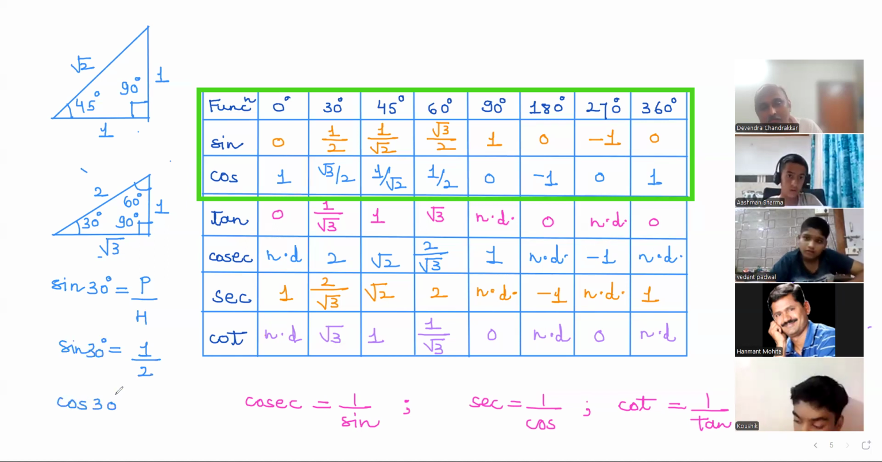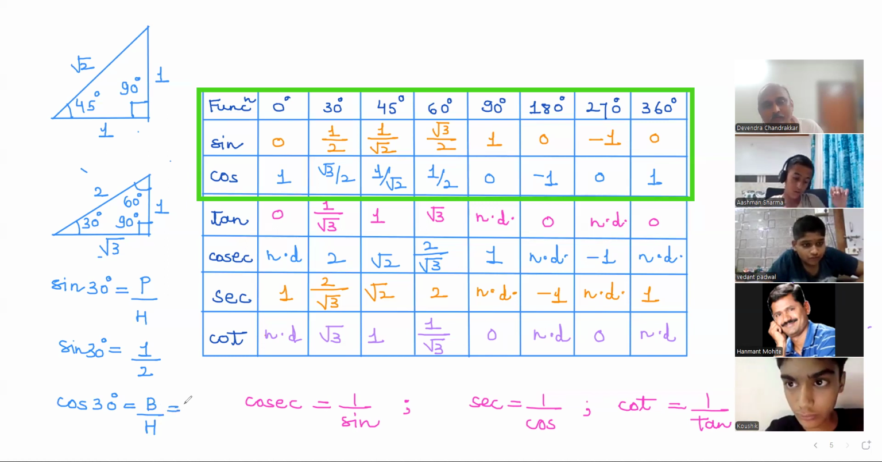समझ आया कि नहीं आया? समझ आया सर. बस cos 30 क्या होगा बेटा? बोल। cos 30 will be base upon hypotenuse. Base upon hypotenuse, तो base क्या है यहाँ पर? Base is root 3, root 3 divided by 2. खत्म। हो गया सॉल्व।